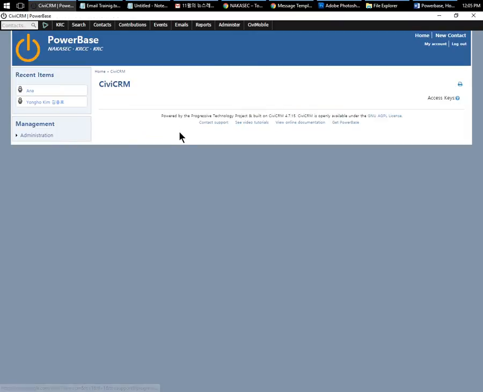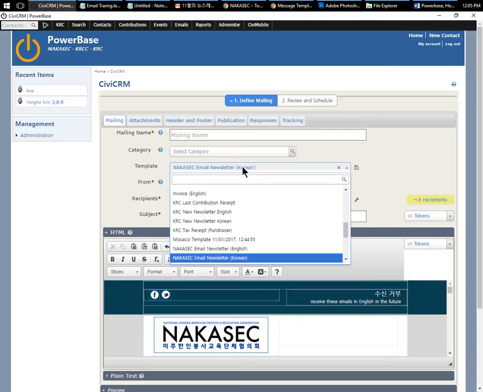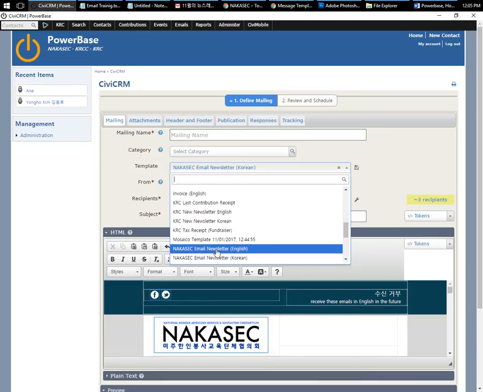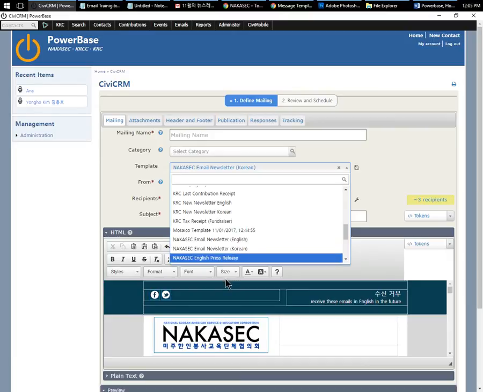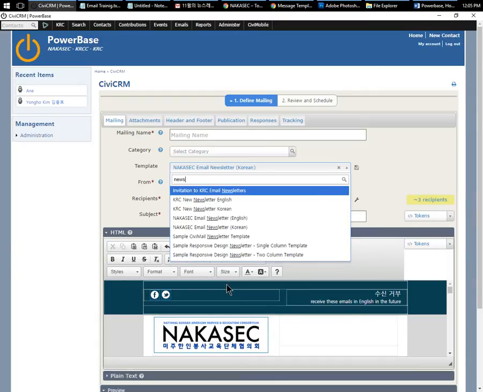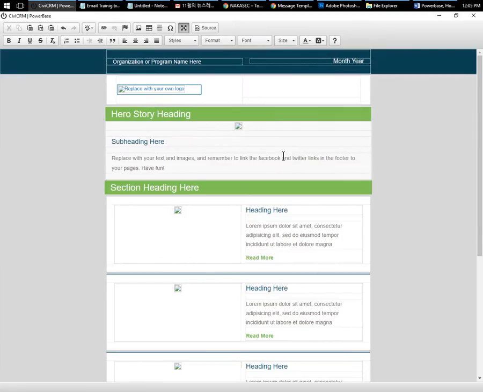Refresh. Let's select another template. Just watch out that often people start editing the email and then they select a template. When you select the template, everything in the email will be overwritten, so you might lose content, replaced by the template, which probably has old content. So newsletter, 2-column. Yes, this is the format from which we copied our format